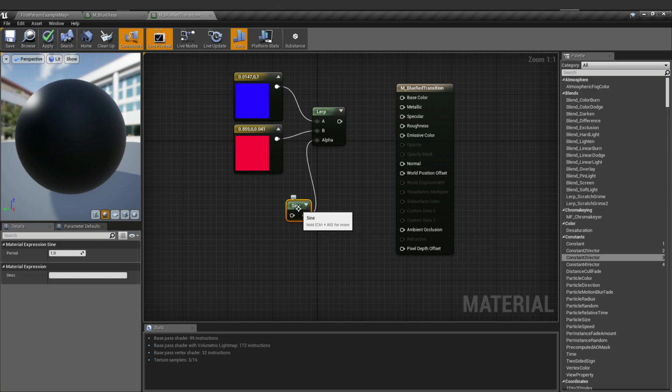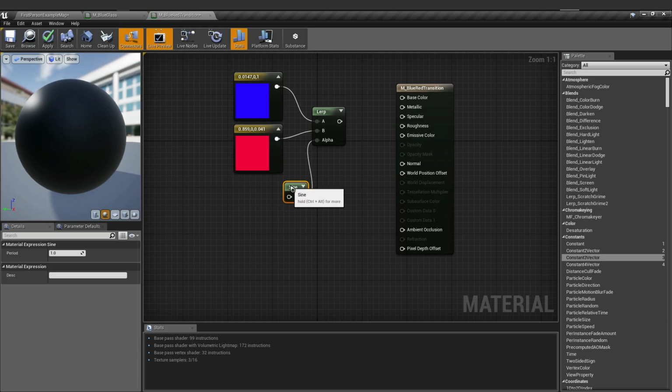This is the node that we're going to use to create a transitioning color. Sine will create a waveform of computation of colors, like ups and downs. It means the sine will go up to red to blue, and then go down to blue, red, and so on. So that's what sine is for.